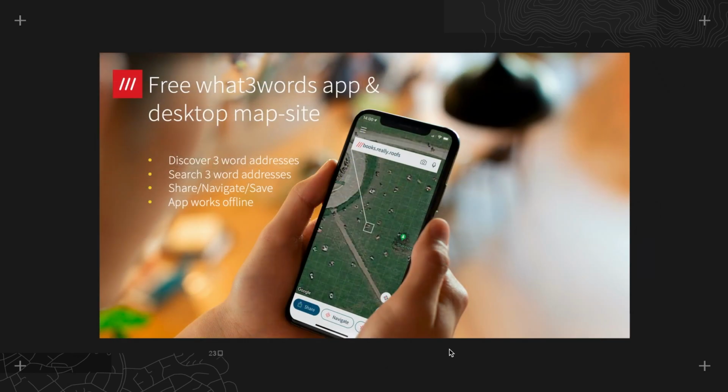To explain a little bit more about how it works in practice, we have a free what3words app and website. What these tools allow you to do is discover the 3-word address for anywhere in the world. So if you zoom in, you'll see the grid appears. You can click on a square and discover the 3 words for that location. You can also search for a 3-word address by either typing, speaking, or scanning it into the app, and you